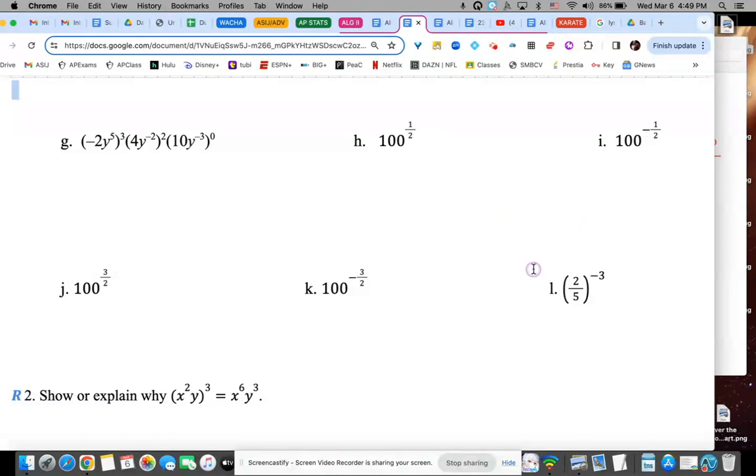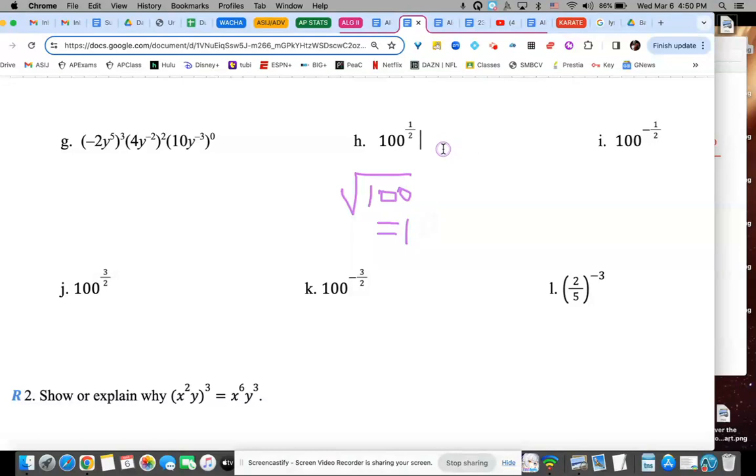Okay, the next pieces, you can see all these down below here have fractional exponents. When you have a fractional exponent, they are roots. So this is a square root. That's a square root, square root, square root. These are all square roots. If there was a 3 on the bottom, then that would be a cube root. So sometimes, like in this case, it's just square root of 100, which is 10,